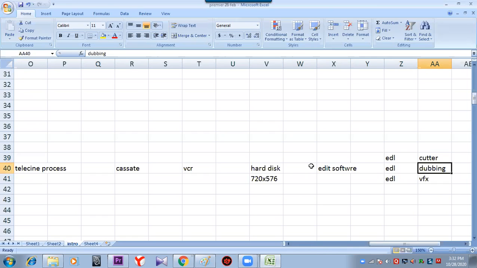Then one EDL will go to the dubbing center where the dubbing will happen. They will be given a reference video, which is not the real video that is going to the theater. The dubbing department will start doing the dubbing by looking at that reference video. Then one EDL will go to the VFX department. That means the editor is taking a major role inside the filmmaking process. From this table, 3 departments will work.